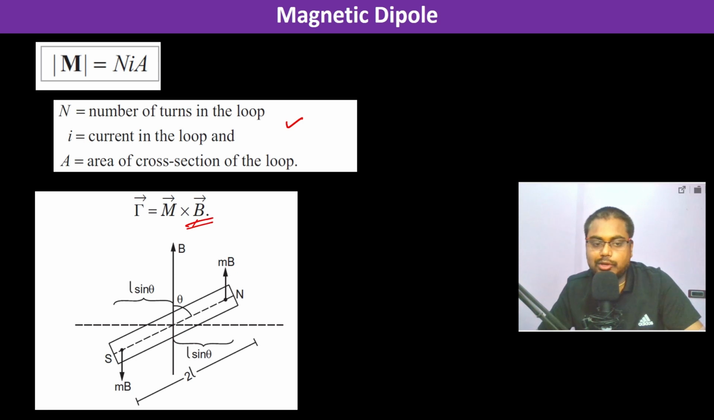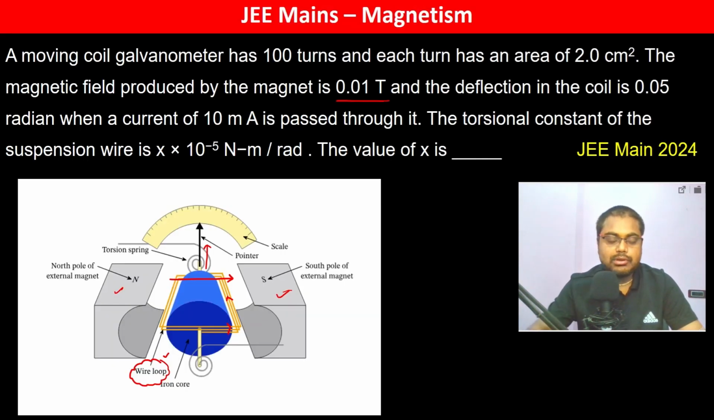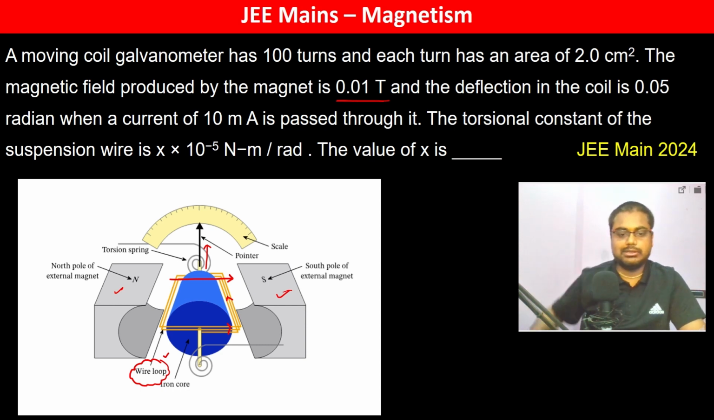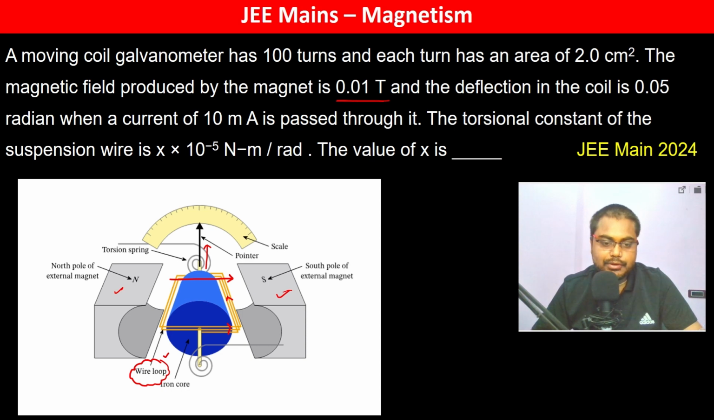magnetic moment is going to be m cross B. So this is m cross B, in this direction, so it's going to turn like this. If it is going to turn like this, the pointer moves here. And the pointer will move till here, till which time? Till this torsional spring,